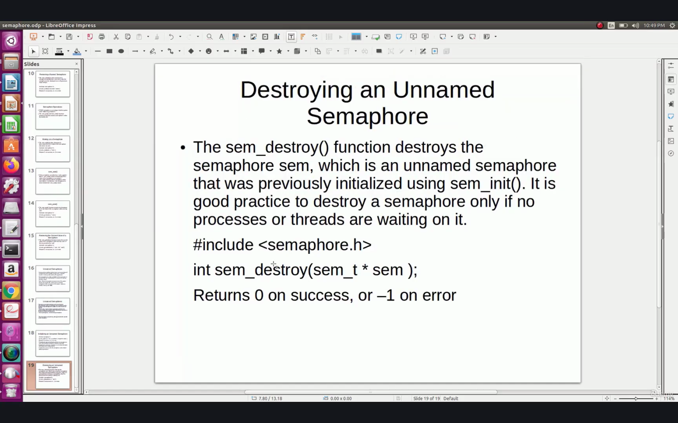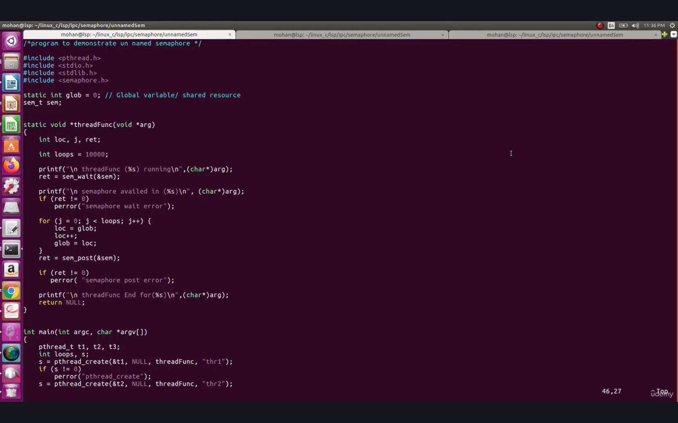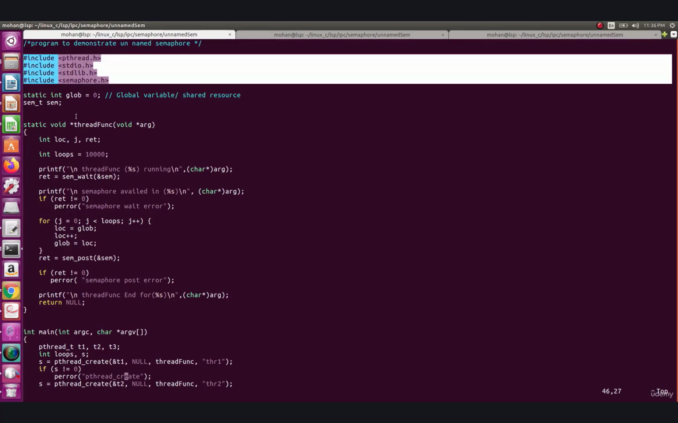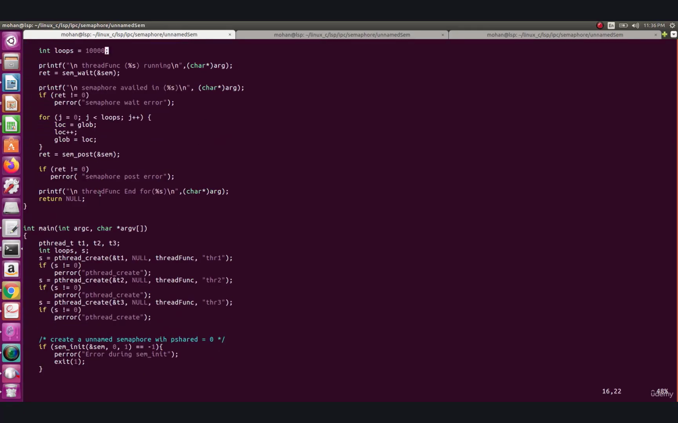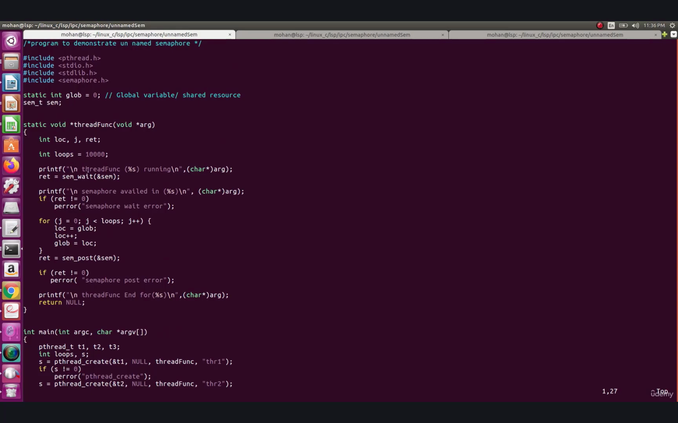Now in the next part, we will see an example of an unnamed semaphore. In this program, we have included the required header files, and we have a global variable called glob, whose initial value is 0, and we have created a variable sem of type sem_t, which is basically a semaphore variable. Now we have created a thread function called threadfunc, and its basic intention is to increment the global variable glob